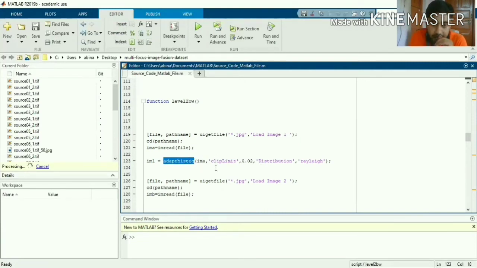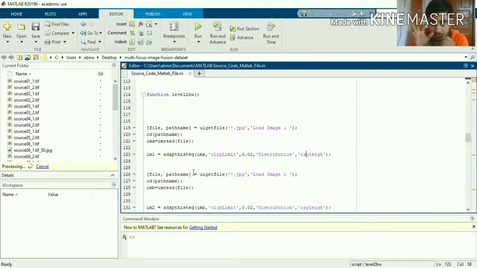These are the parameters for that, and this is the clip limit. The clip limit by default is 0.01, so we have set it to 0.02. This limit will avoid oversaturation of our image in the areas where homogeneity is higher. And for the distribution, in the scenario of natural images, we are taking it as relative. So after this, our image will be transformed to CLAHE, and we will get the output as IM1.